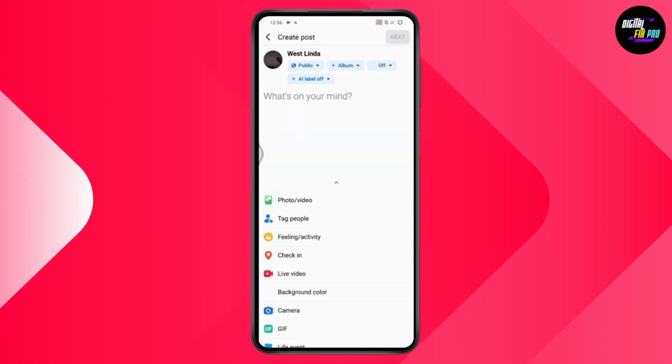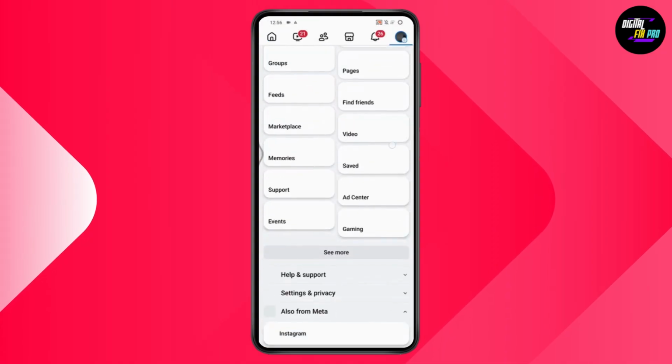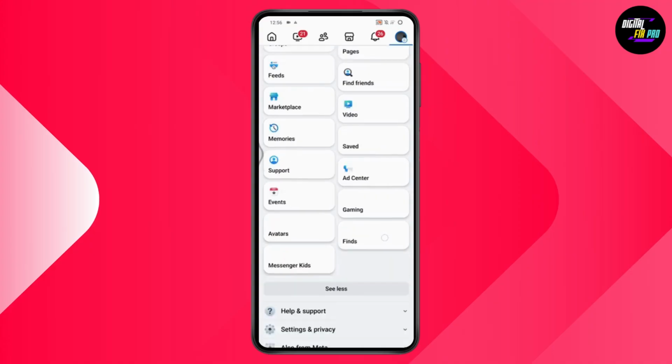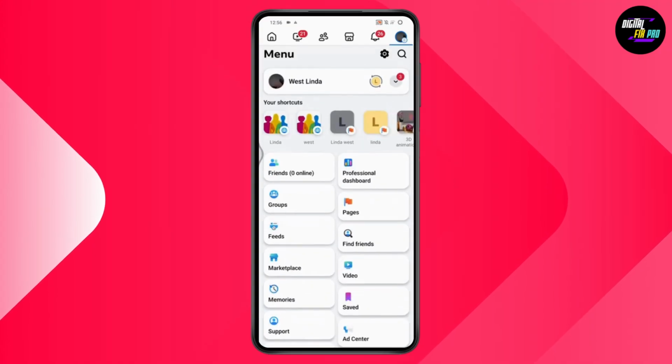Now, after opening your Facebook, you need to go to the upper right, which has that three horizontal line. After that, scroll down, and here you need to tap on see more, and then you will find the live video option, right? But if you don't find the live video option, then in order to fix that problem,